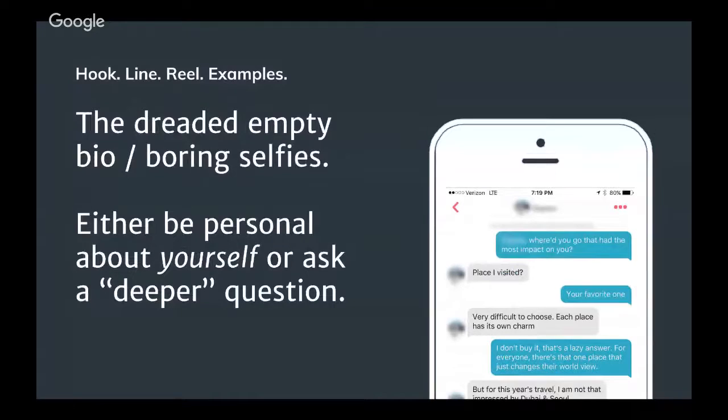All right, sorry guys, this is the one that had absolutely nothing. Boring selfie, empty bio, nothing at all interesting. She is really making it hard on guys to message her. So in these situations, you have two options. One is to be personal and have a hook about yourself. Maybe reference something in your own bio or in your own photo or something that's going on in your life right now. So hook yourself in this kind of case,